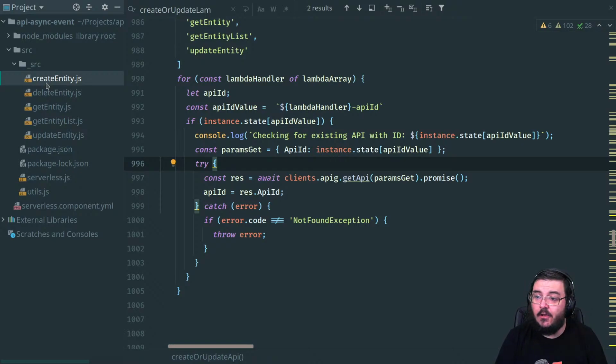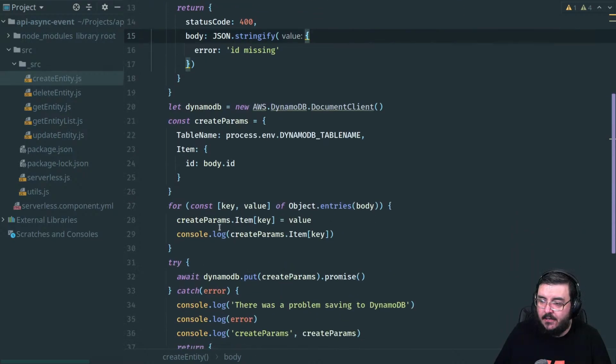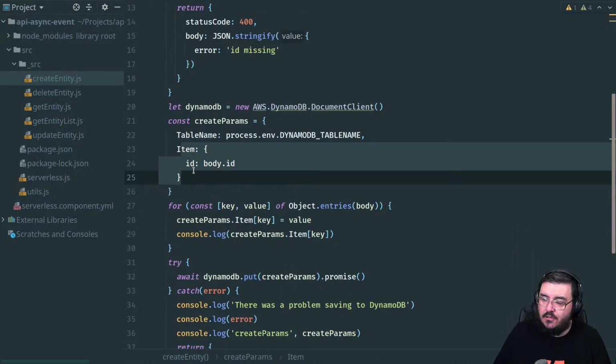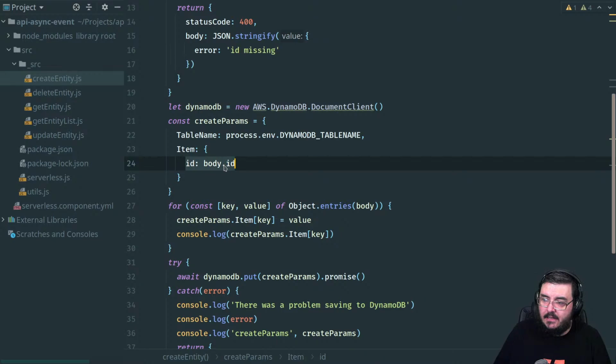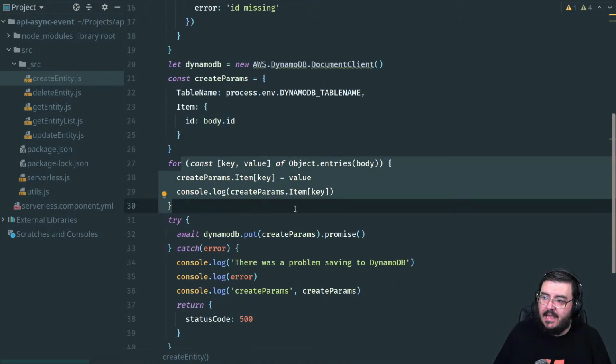Yeah, so the DynamoDB support is very, very basic. In fact, we can take a look. I've already written these Lambda functions, and really all it does is look in the body for an ID value in the data sent, so that is required. It's going to fail if it's not there. Then it's going to add that item into the table, assuming the ID value exists, and then loop through all remaining values and add them in. In fact, I should probably look for ID and exclude it because I added it in here.